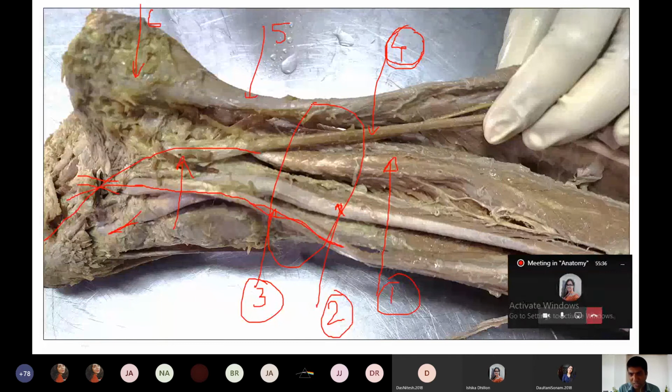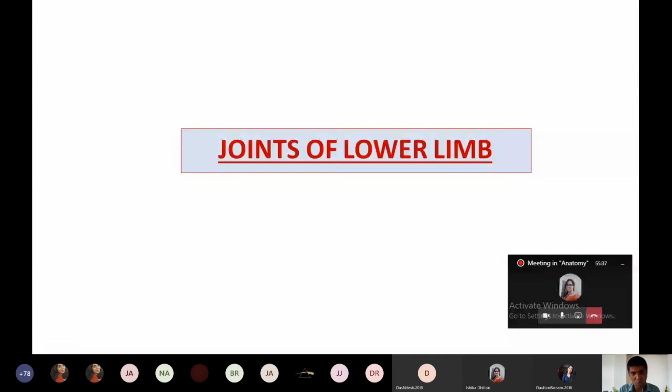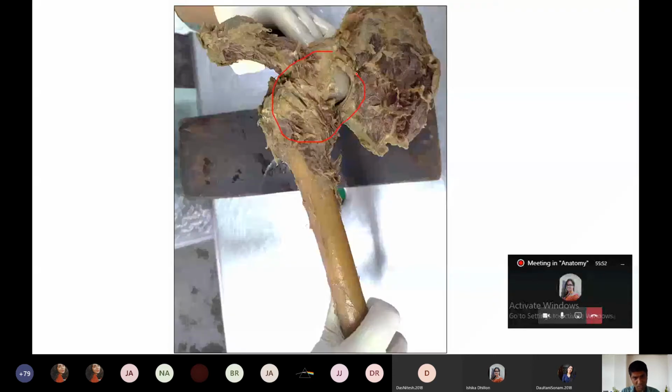Okay. So after these, joints of the lower limb. In the joints, all the joints are important which have the important ligaments. This I am showing to you now one by one. So this joint is the hip joint. How the photograph is taken, you can imagine later on; I am not describing it now. So what is important here? This point only I am telling you now.